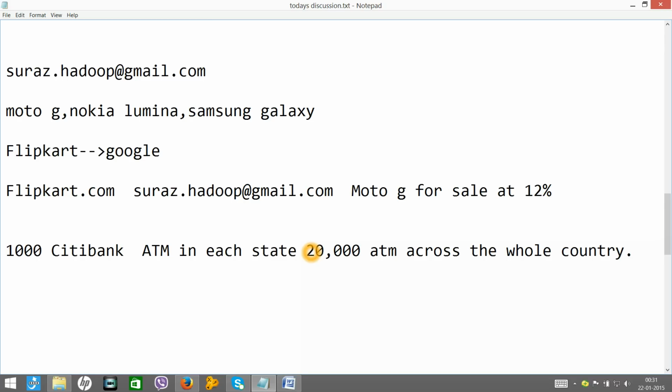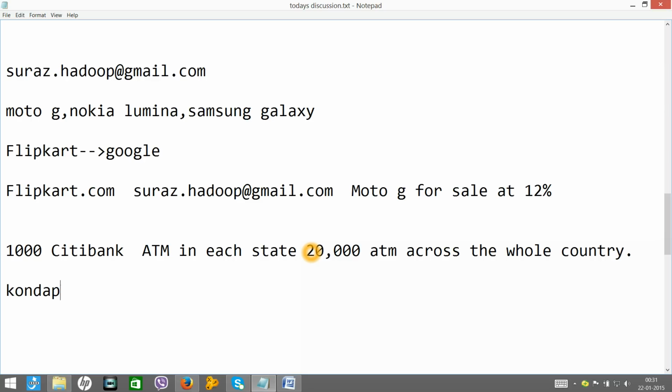Now every day in all these ATMs, a lot of people go and withdraw some amount. Let me take the example of Hyderabad.